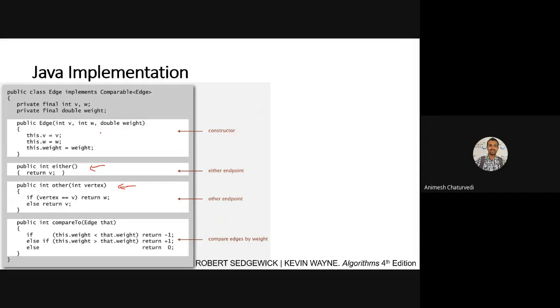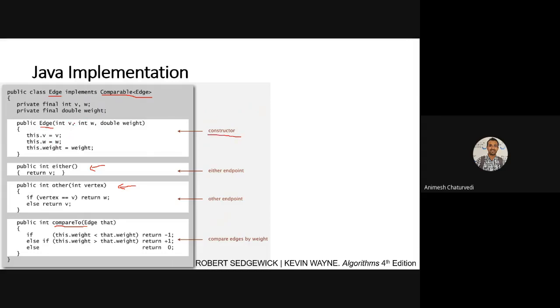When an object of edge is created, again this is a kind of data structure that defines an edge, and it actually extends comparable edge. So this is the purpose of that comparable. We start from this: the edge is created by this constructor.